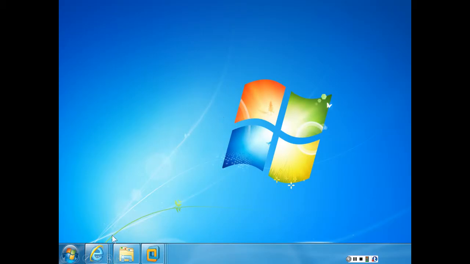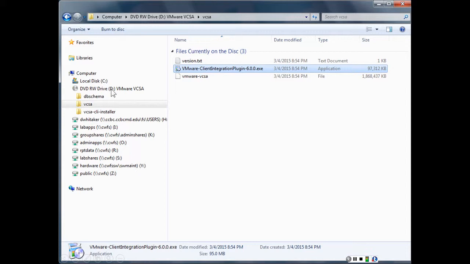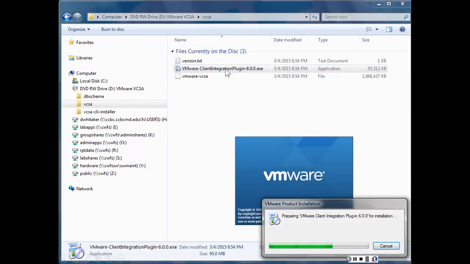So we go to the Windows File Manager, and there is the DVD that I downloaded and burned, and in the VCSA, vCenter Server Appliance folder, we can see there's the install program for the VMware Client Integration plugin. So I select that,